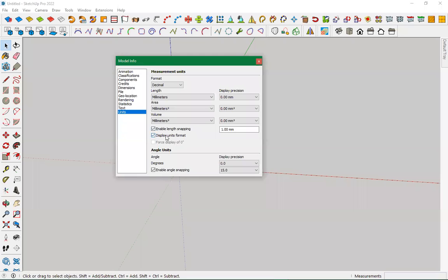Now, for this display unit format, if you look here, right here, if you're using inches, you're working with